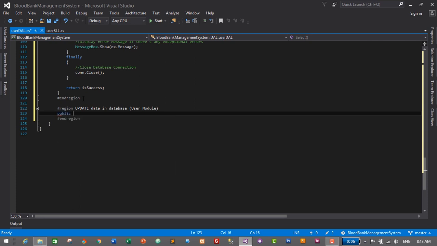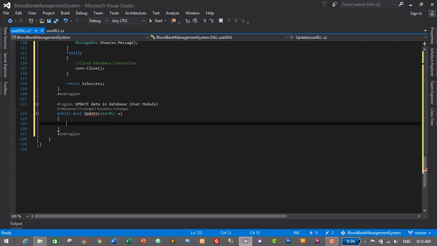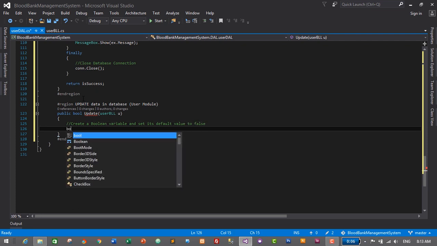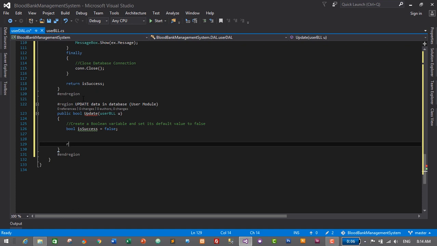So public bool update, and we need to pass user bll and as previous, first create a Boolean variable and set its default value to false. So bool isSuccess is equals to false,